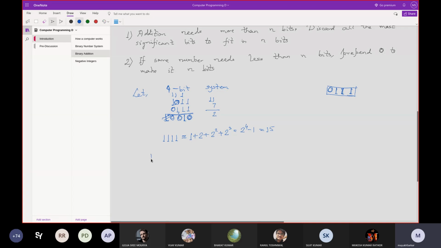In a 4-bit system, this is the maximum number you can fit. In general, if we have an n-bit system, whatever result you are getting, you can fit only n bits, so the maximum number that you can store is 2 to the power n minus 1. So in the 4-bit system, maximum you can fit 15. How will you fit 18 here? You cannot. Information will be lost. In this scenario, the leftmost bits are chosen to be lost, and this is what is left.